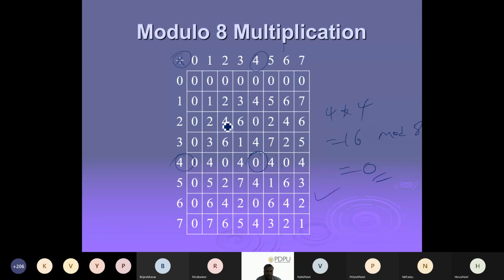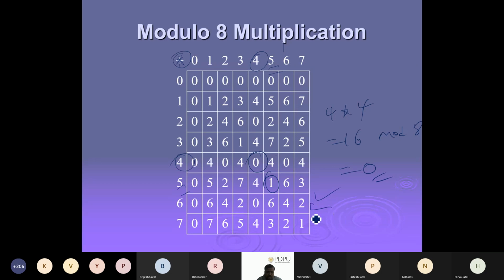Okay, so for example here, let me take one kind of ideal case. In this case, 1 is there. So 5 is actually the inverse of 5 in terms of 8, right? So if you multiply these two numbers and then do the modulo, you will get 1. Similarly, for each number you have to check whether the inverse is available or not.